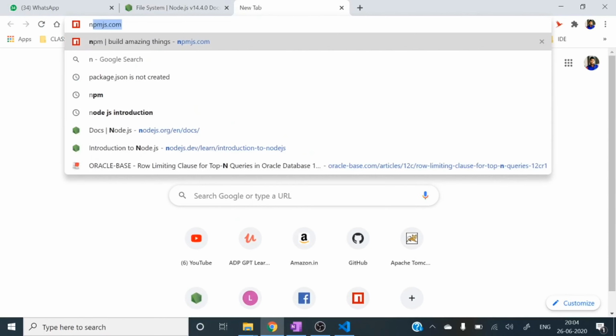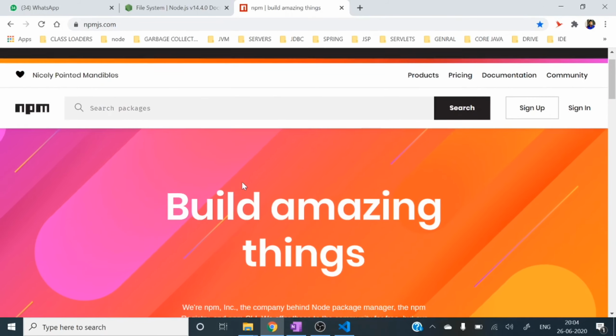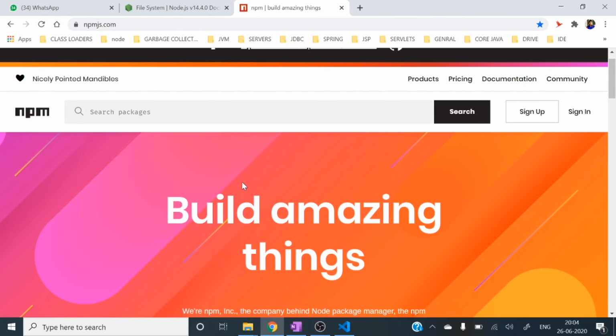So let me search npm. This is the npm repository, and here you can find a lot of packages and modules based on your requirement. Today in this video we'll use a popular package called validator.